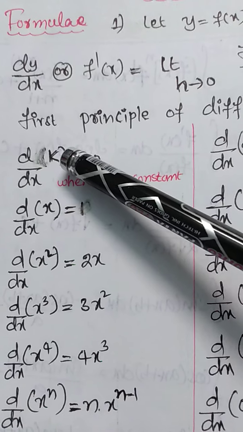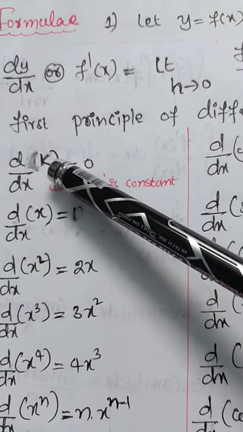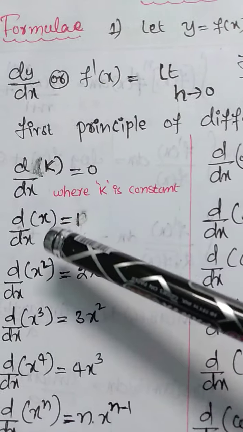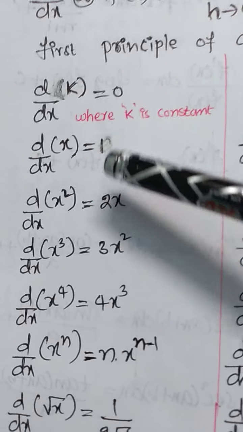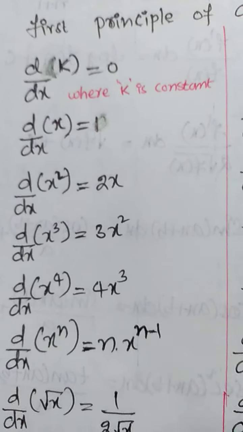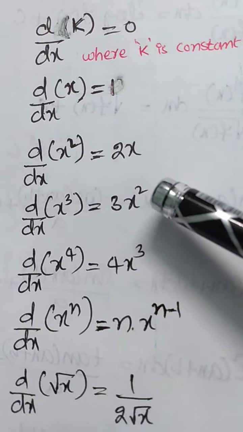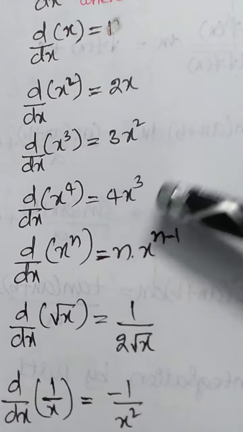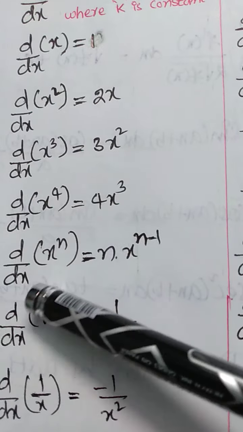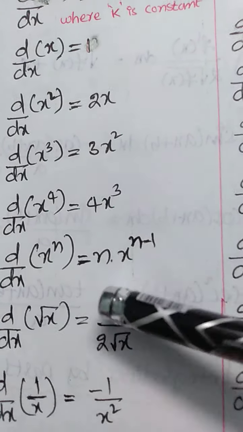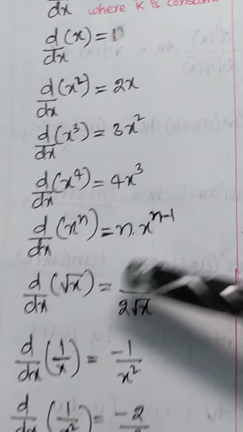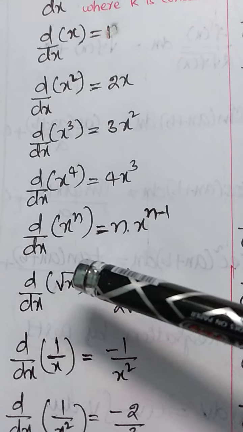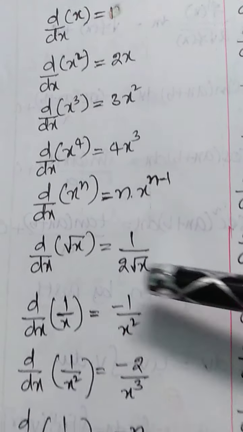Differentiation of a constant k is 0, differentiation of x is 1, differentiation of x square is 2x, differentiation of x cube is 3x square, differentiation of x power 4 is 4 into x to the power of 3, differentiation of x to the power of n is equal to n into x to the power of n minus 1, derivative of root x is equal to 1 by 2 root x,